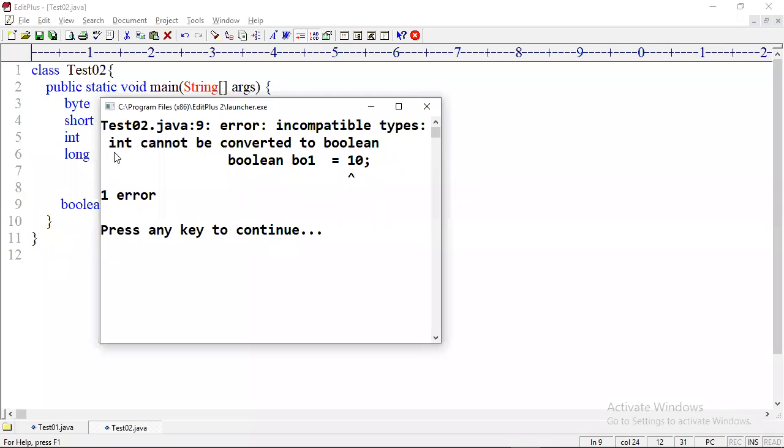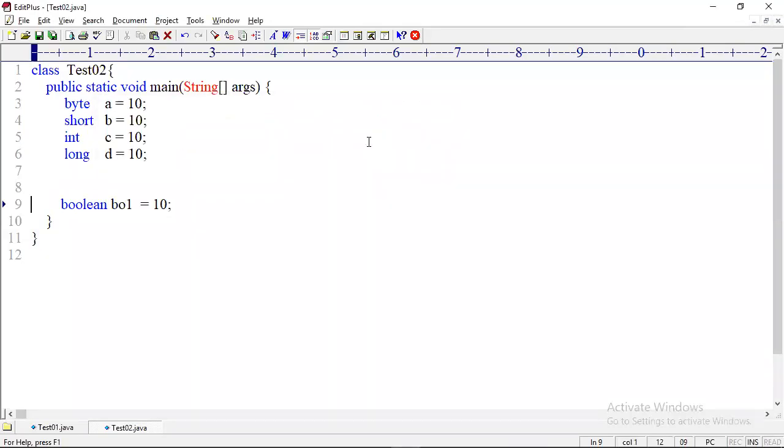Look at that, the compiler is clearly throwing an error. By default, 10 is of what type? Int. So you cannot convert it to boolean. It is clearly throwing an error. So now I am commenting out this statement. Is it a clear point? This point is clear. So I am proving practically that 10 is of type int.